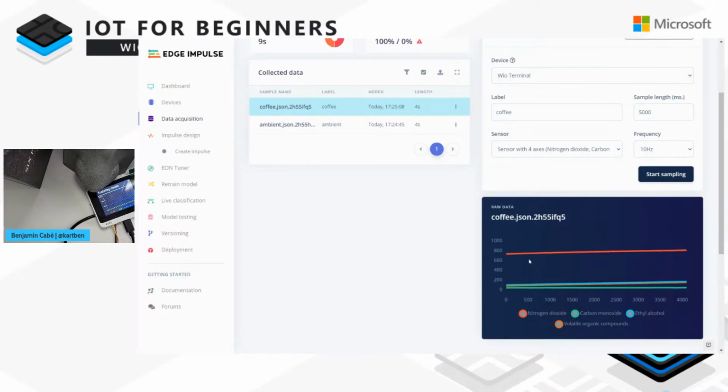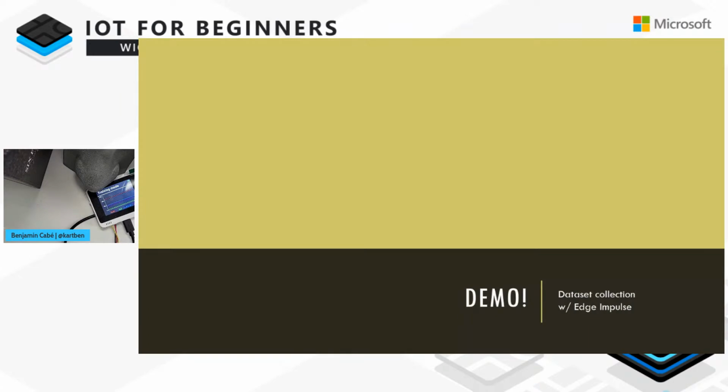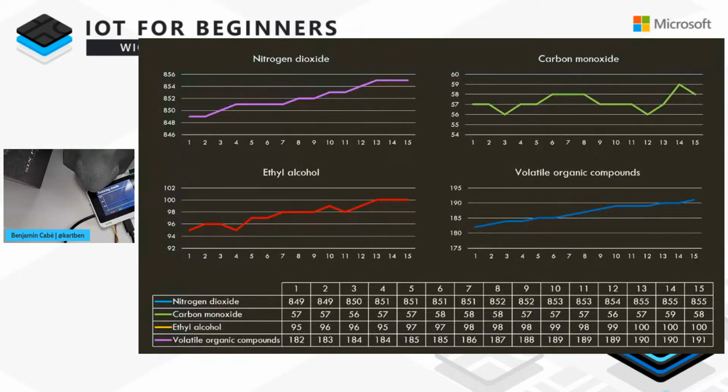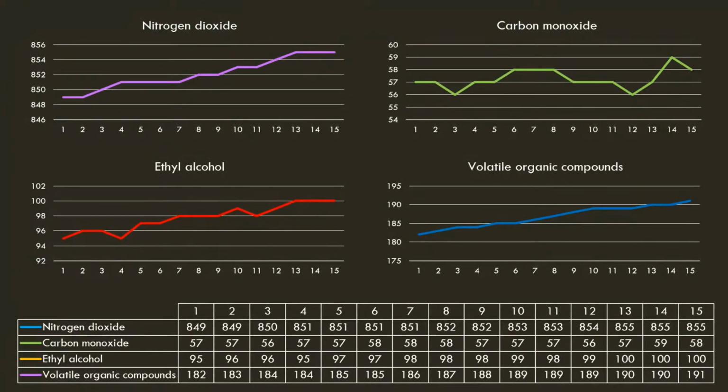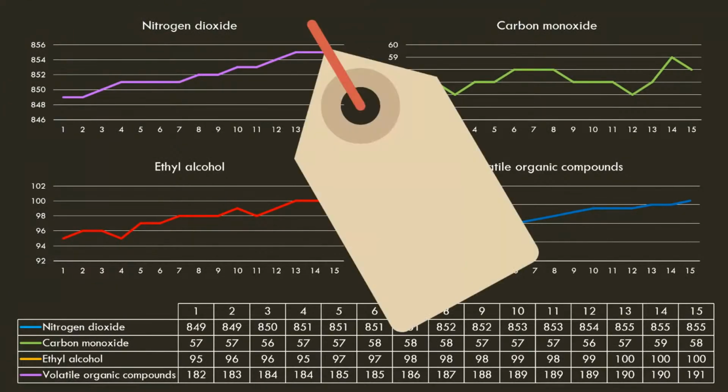We want to identify and build a function, as in a mathematical function, that takes an input, which will be the sensor readings, and as an output will give us a prediction of this is coffee, this is ambient air, this is whiskey, etc. So essentially, I want to get to the point where I capture tons and tons of data, right? Like here, this is data corresponding to whiskey,